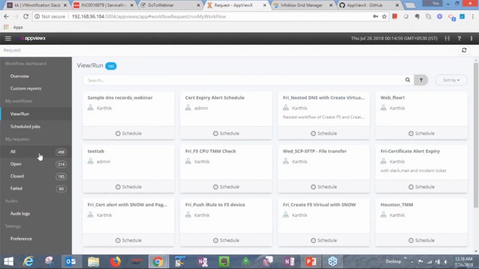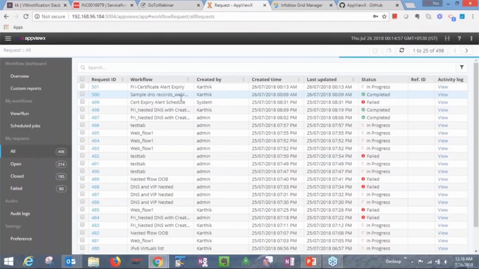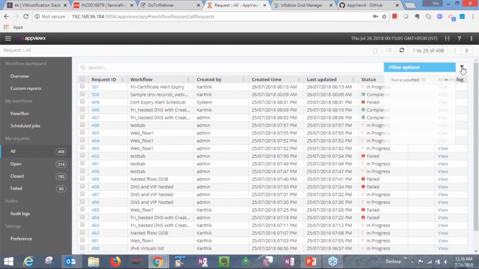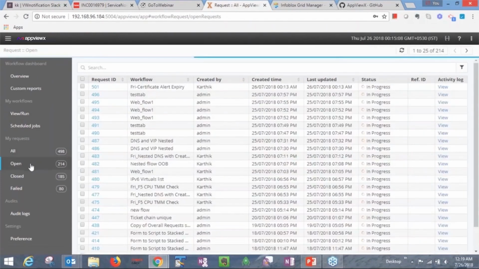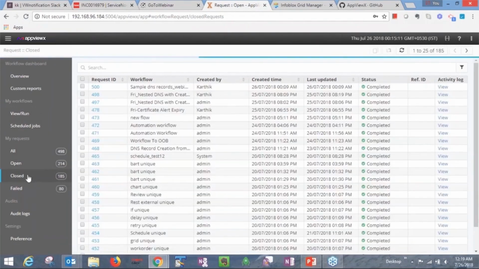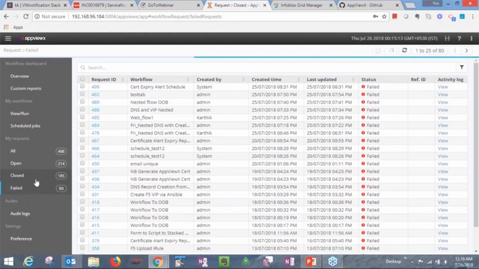And once the workflows are all triggered, all of them will be audited under the My Request section. This is the whole audit of all the workflows that have been triggered. And then you can see the list of completed, in progress, closed and failed requests. Now this gives you a clear view, and all of this is role-based access control.